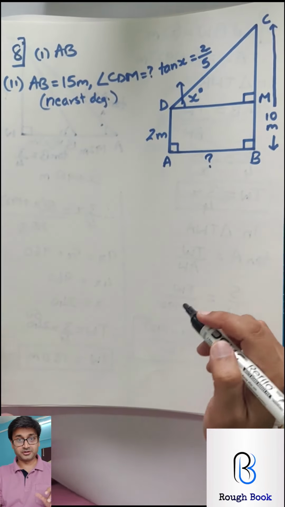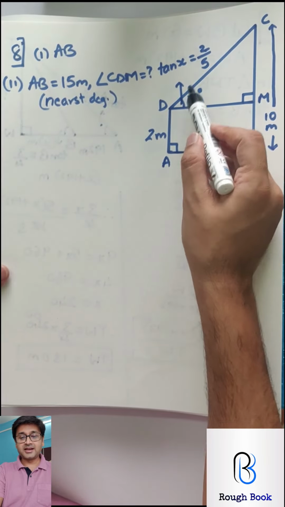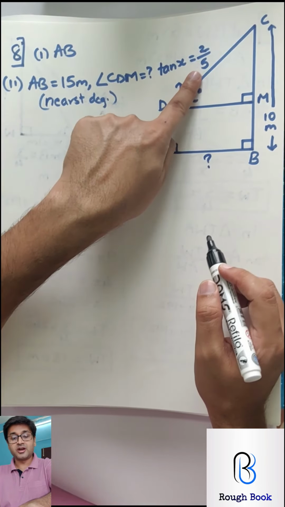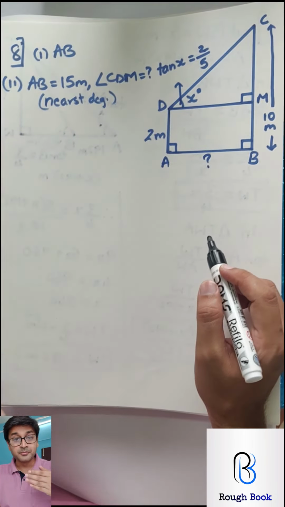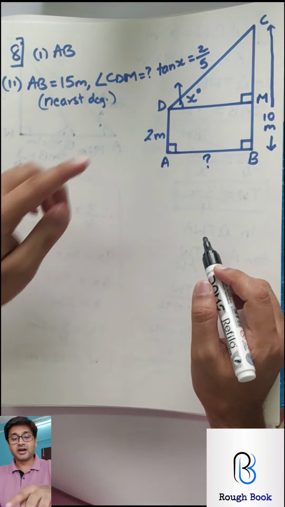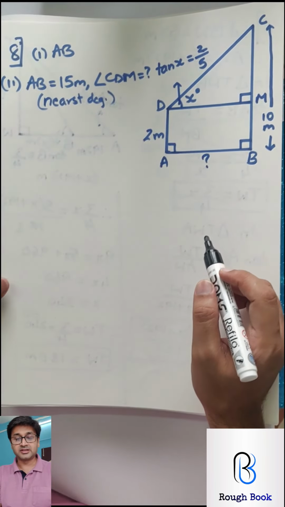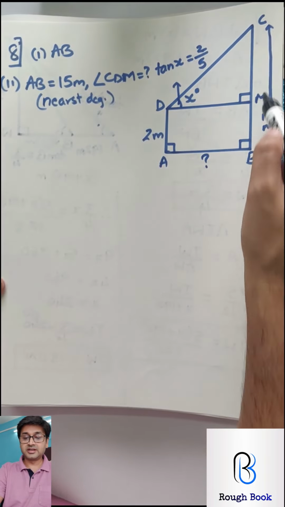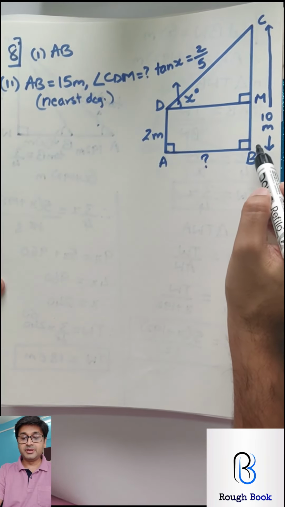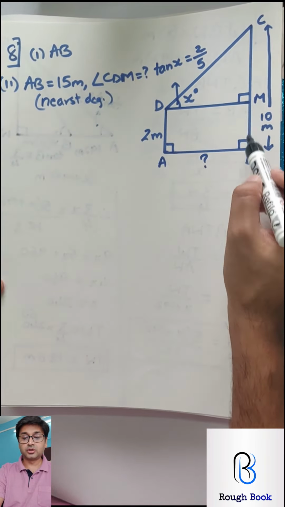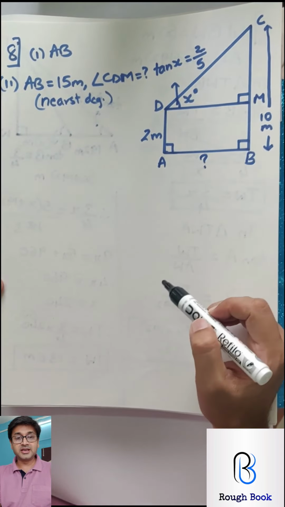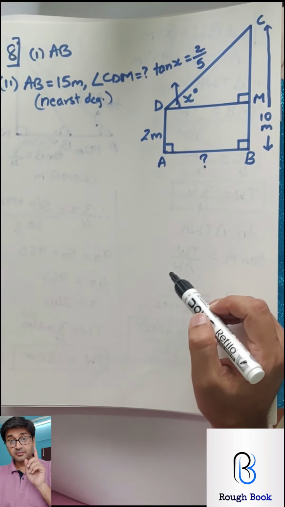So you can copy now from here. It's given. They say tan x is 2 by 5. So now if this is 2 by 5 given to you, you understood it is simpler because you don't have to find the values. Directly write 2 by 5 and save your life. This is 2, this entire is 10. Now if BC is 10 and this is 2, so this also will be 2. How much will be CM then? 8. That's the main clue.